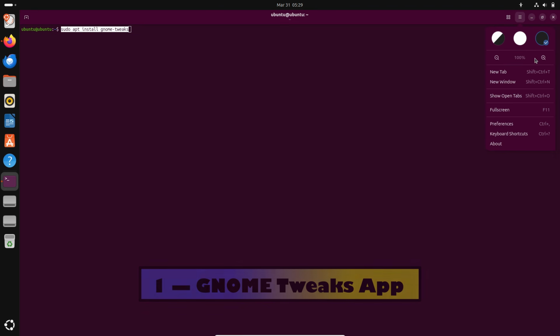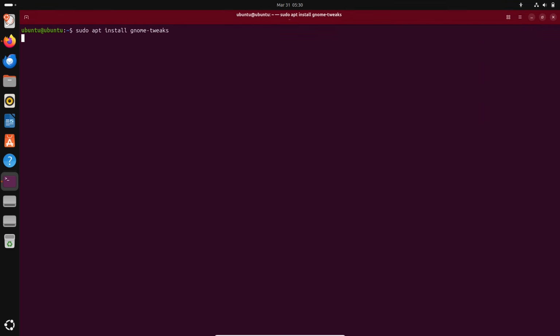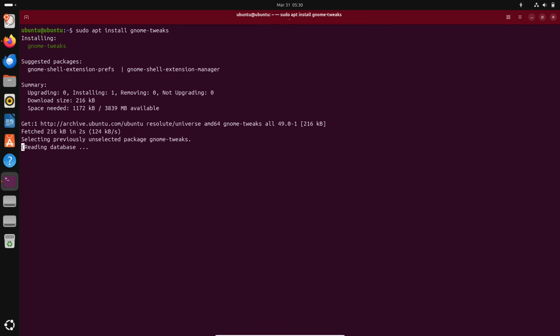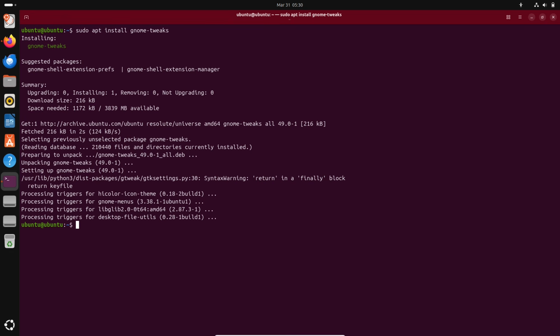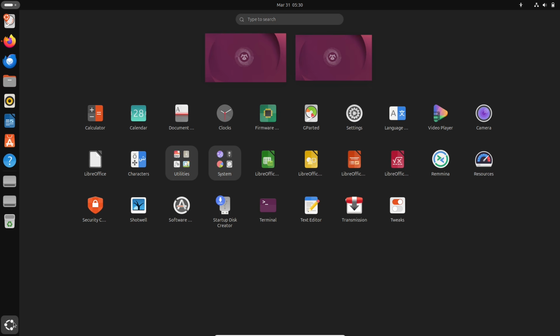All right, first things first, before you can do most of what I'm about to show you, you'll want to install an app called GNOME Tweaks. Think of it as the control panel that GNOME should have built in from the start. The regular settings app is fine for everyday stuff, but GNOME Tweaks unlocks a whole layer of options that aren't exposed anywhere else. Things like changing fonts system-wide, adjusting title bar button placement, switching themes, managing startup applications, and a